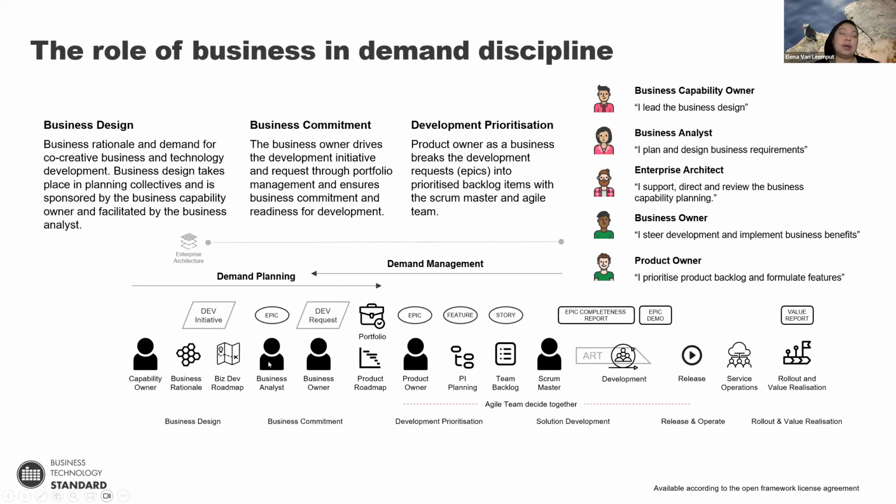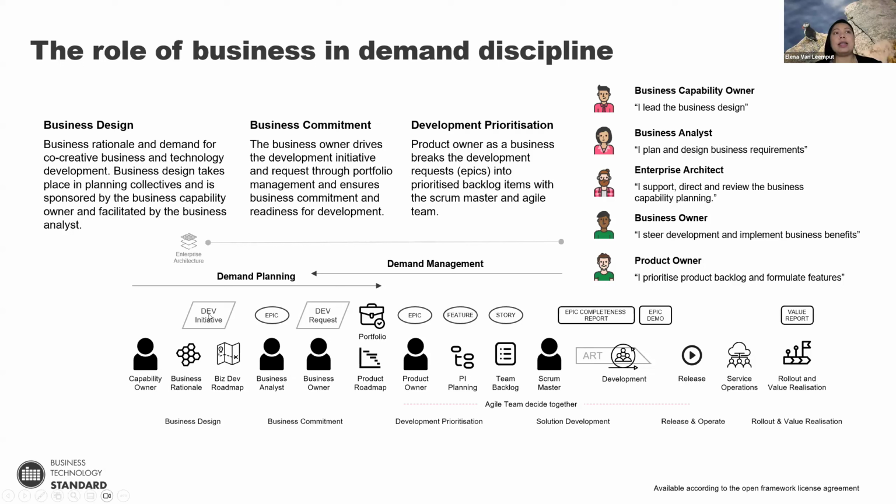This person may also know, for example, some technology, but also needs to know a lot of business requirements and so on. And so they are the ones facilitating this business design process. And we also have business owners, and then the product owner, as you see here, if it's a product. So these are the different roles that we have involving the business. And then we have artifacts like development initiative, development request. These are key artifacts for demand planning, as when you do a rational business design, you are creating input to